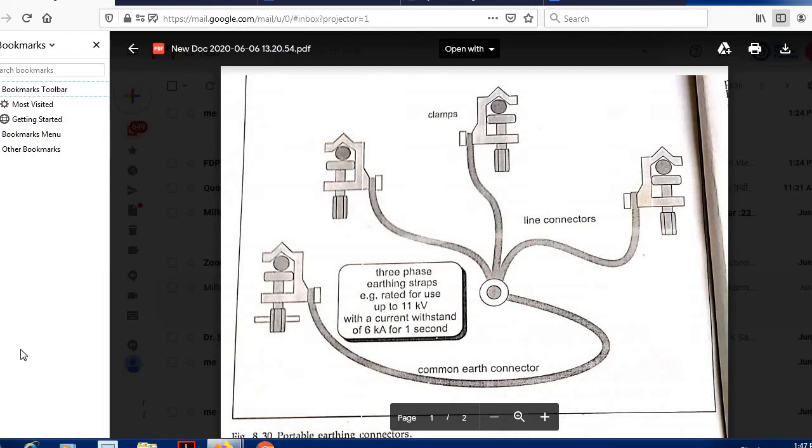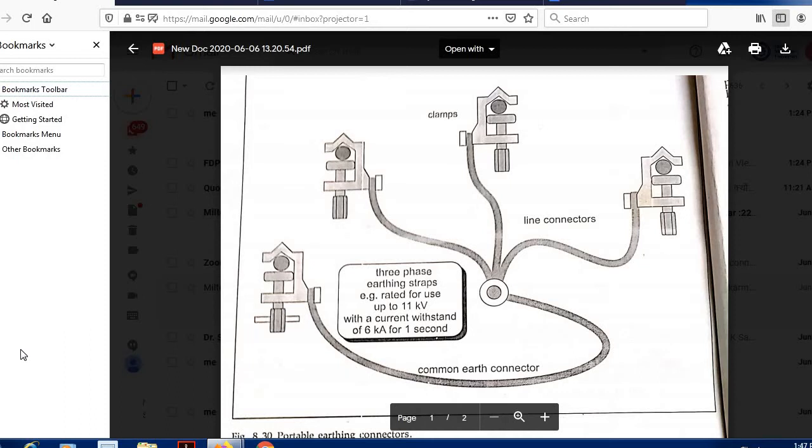Now you have various gadgets. You do not have to touch anything. You go with the gadget close to the circuit part, and if the circuit is live for any reason, then you will find that the gadget will start beeping, indicating that the circuit is still not dead, and you have to recheck it again and again until it shows that the circuit is dead. So this is one part.